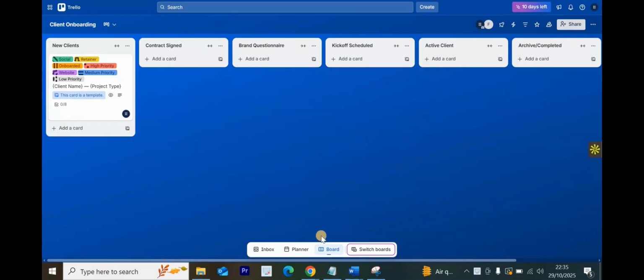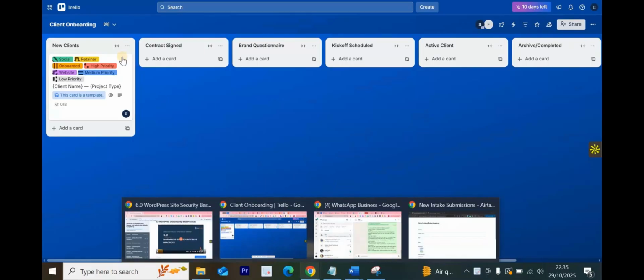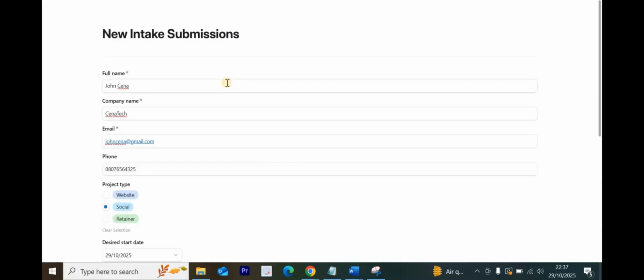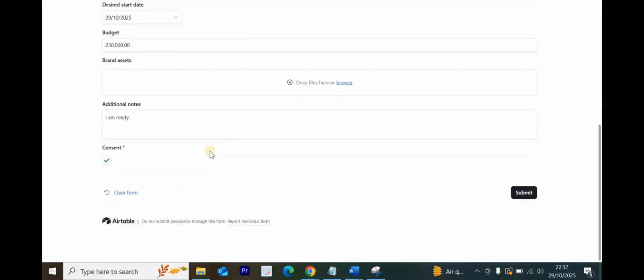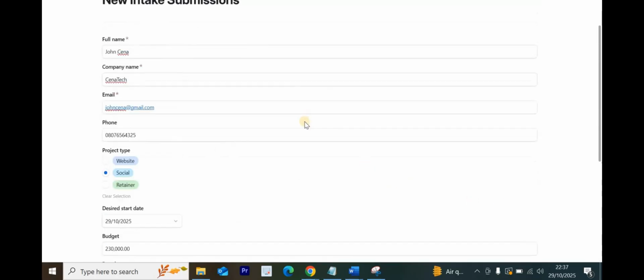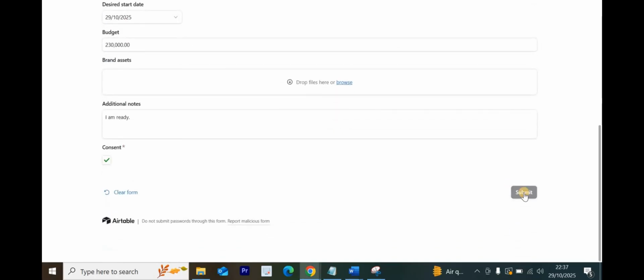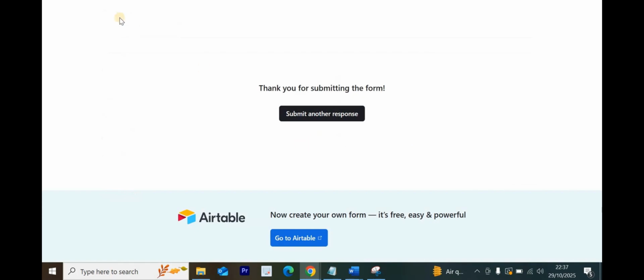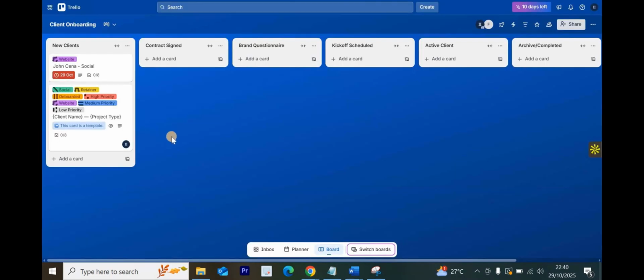So first, when a client completes a form, so here we have a new intake form from Airtable. I filled the form. So anytime a client completes this form and submits the form, after submitting the form, Zapier automatically creates a Trello card in the new client list, which is what we